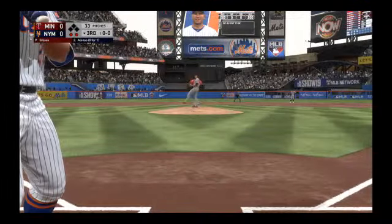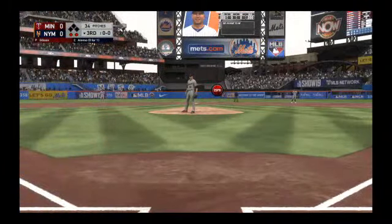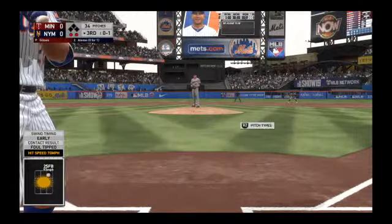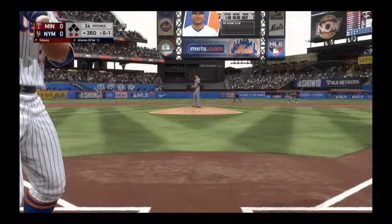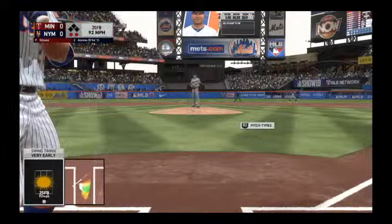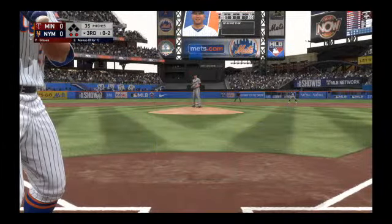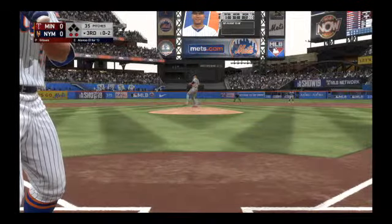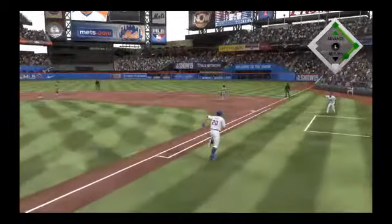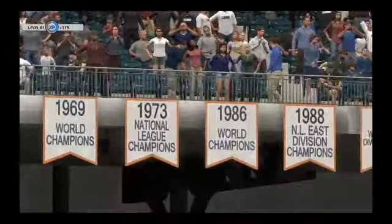Here comes the first pitch. Strike one to start the at-bat. Bottom of inning number 3, 0-0 our score. Oh, and he's finding his groove out there now. It's 0-2. Hey, from an offensive standpoint, you better get it ready. This guy is not throwing a ton of pitches. He's confident in his stuff. Hit pretty well out toward right center field. Buxton going back to the track, and he makes a nice